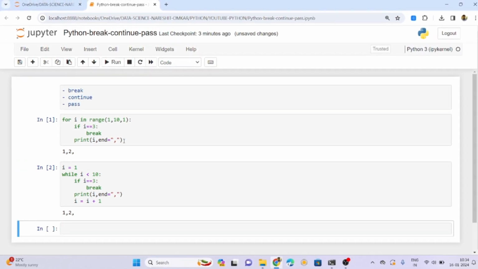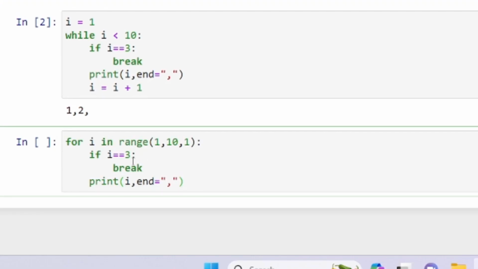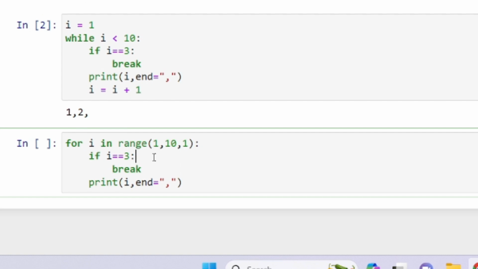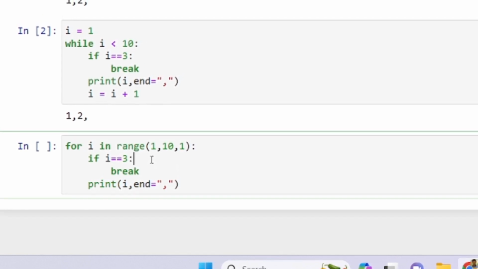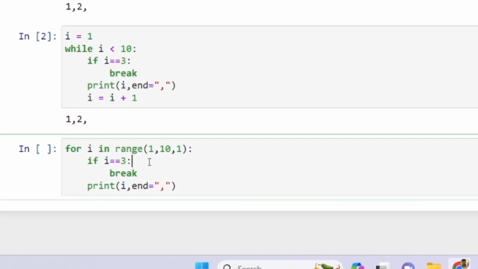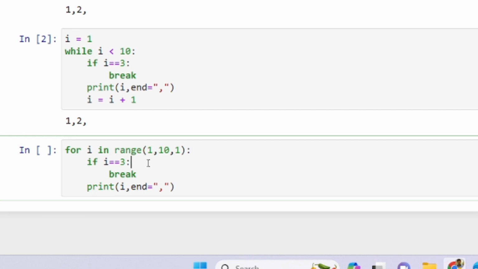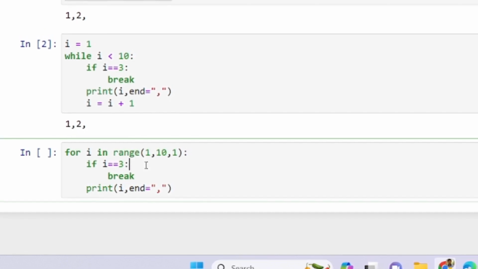Now let us go. What is a continue? For any iteration, if the condition matches, it will not do anything. It will skip and go to the next iteration, which is called continue.